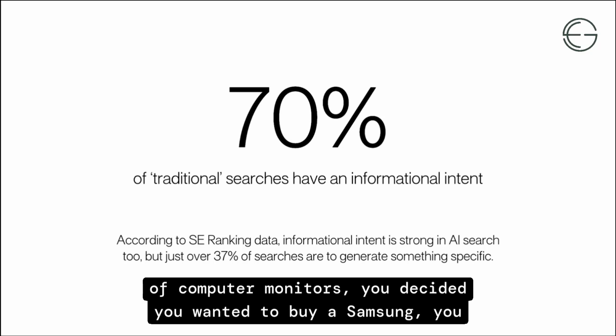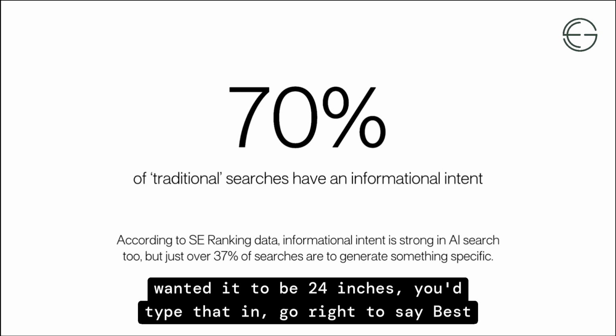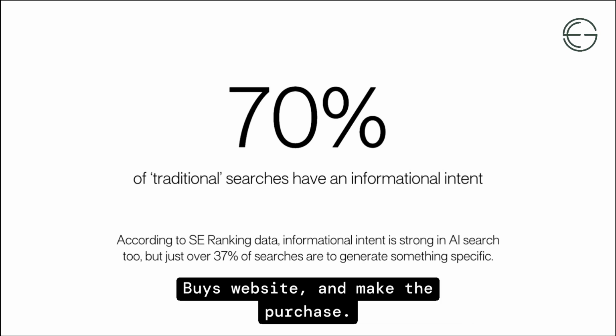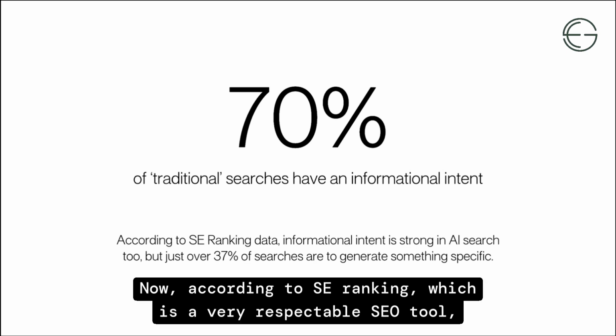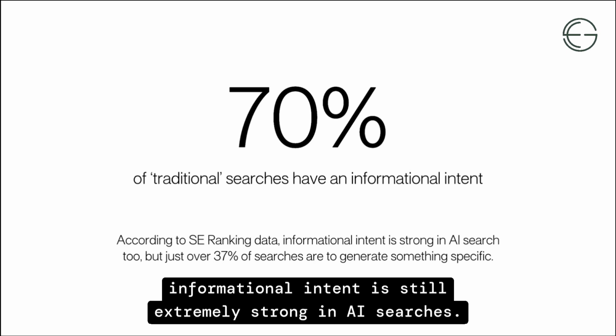You decided you wanted to buy a Samsung. You wanted it to be 24 inches. You'd type that in, go right to, say, Best Buy's website, and make the purchase. That would be transactional. Now, according to SE Ranking, which is a very respectable SEO tool, informational intent is still